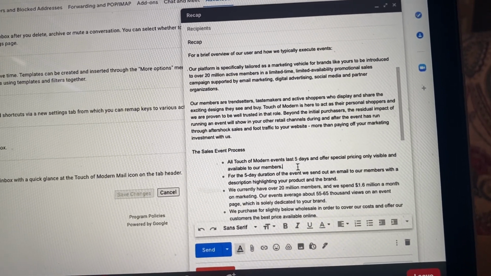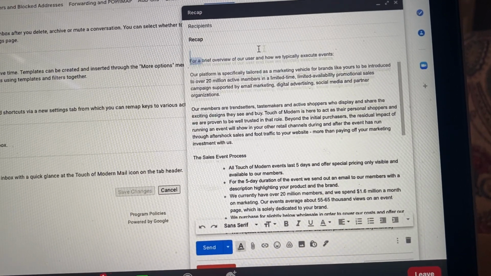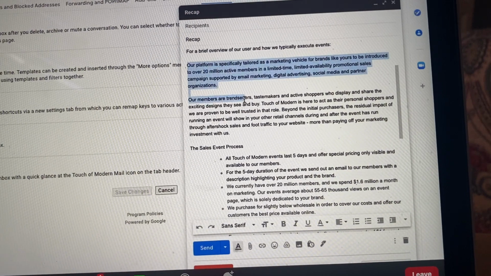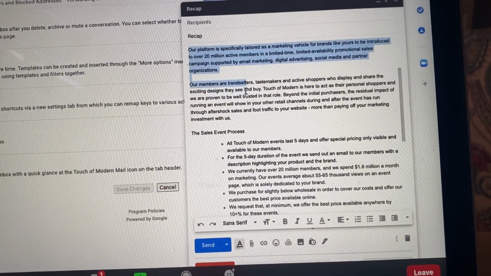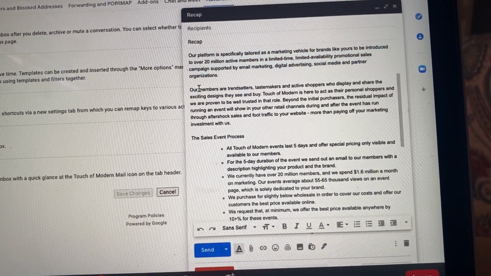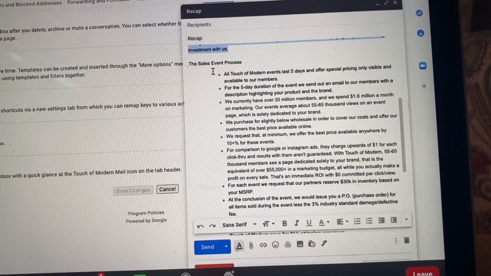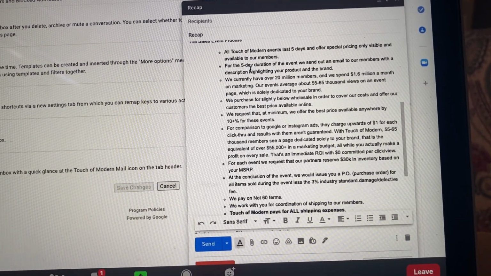And then this is really the meat of the recap: here's a brief overview of our users, which we probably spoke about in our opening call. If you didn't speak about who we are in your opening call, there's a problem. And who our demographic is, and then the event process. So this is, to me,